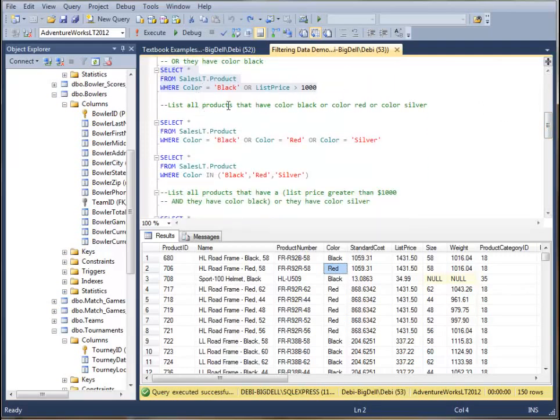So let's find all products that have the color black or color red or color silver. Notice how this is written. Color equal black or color equal red or color equal silver. You need to put in the color every time, the field. So what I'm going to do here to make this just a little easier for you to see